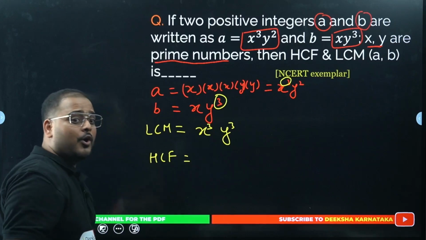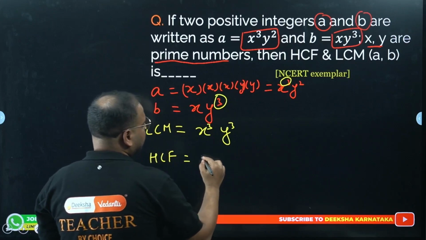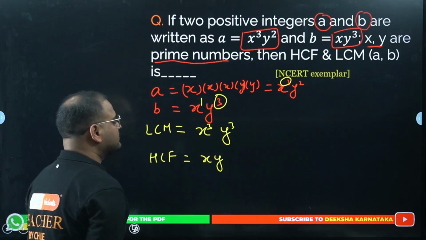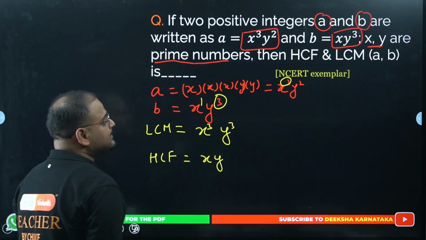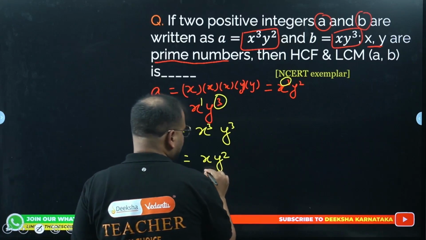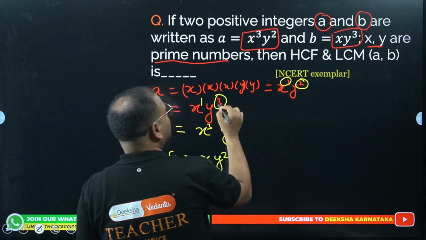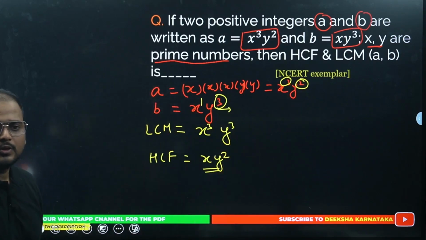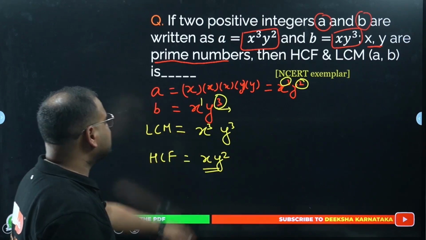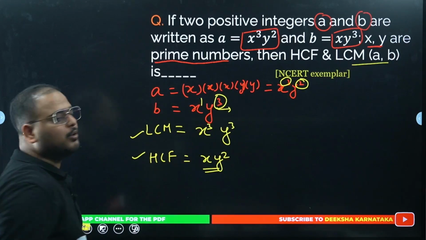What about HCF? We have learned, no? Common factors only with least power. Common factors are, sir, again x and y only. Least power of x is 1, sir, here. So I will take 1. Least power of y, excuse me, y square. So my answer is x y square. Why least power? Check now here. It's 2 and it's 3. Least is what? 2. So x y square is our answer. Great. Question is done. LCM and HCF of A and B is written here. Make a note of it.